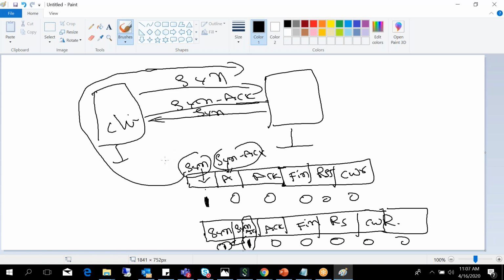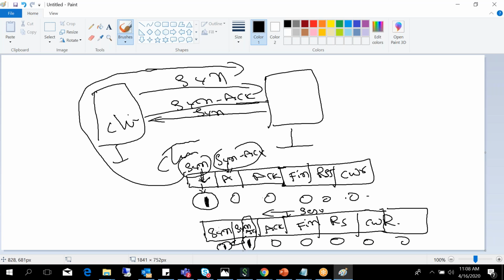The first one is the client side, the synchronization. Sending the synchronization packet means this flag is set to 1. This is how the TCP header looks: this flag is set to 1, and the remaining flags will be 0. This one is the server reply.